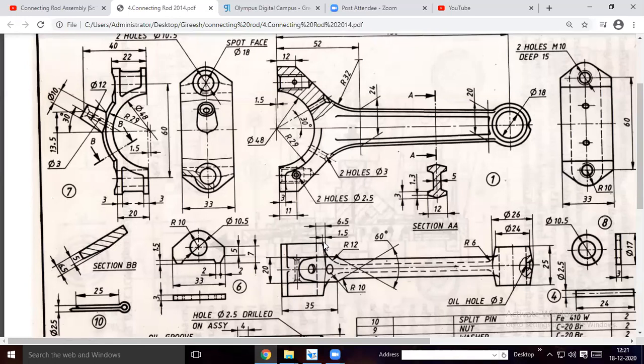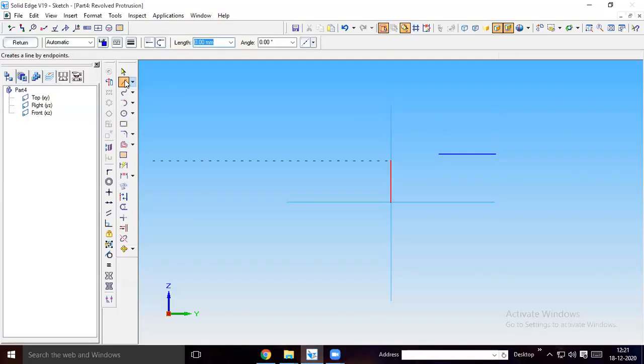From here to this endpoint, from here to here the distance is 6.5, and from here to here it is 1.5. That means from here to here it is 6.5 minus 1.5, that is 5 mm. Okay. Because I am drawing this vertically up, you take 5 mm from here at 90.